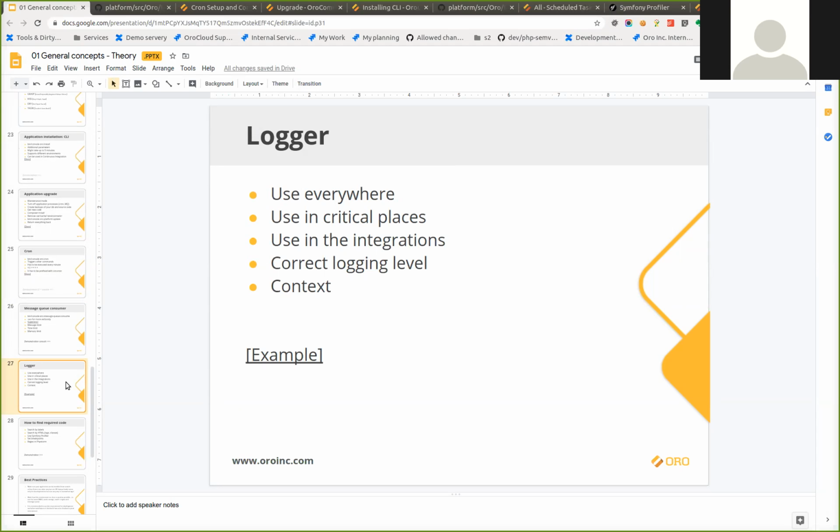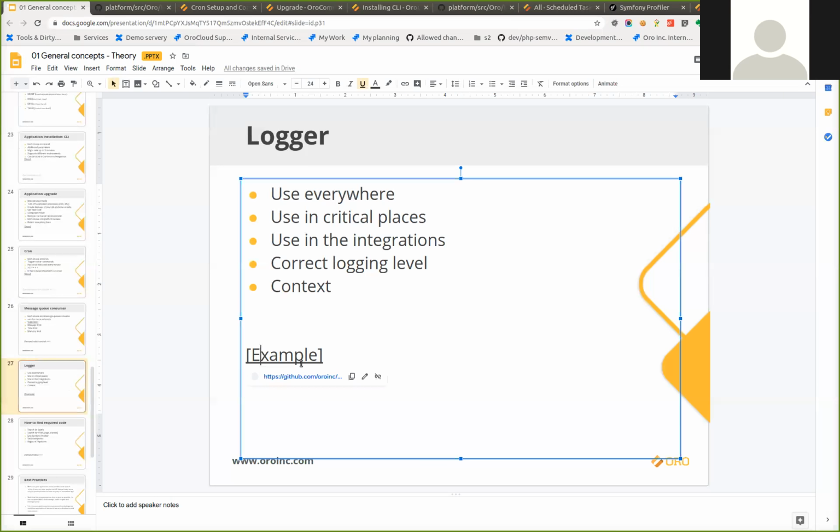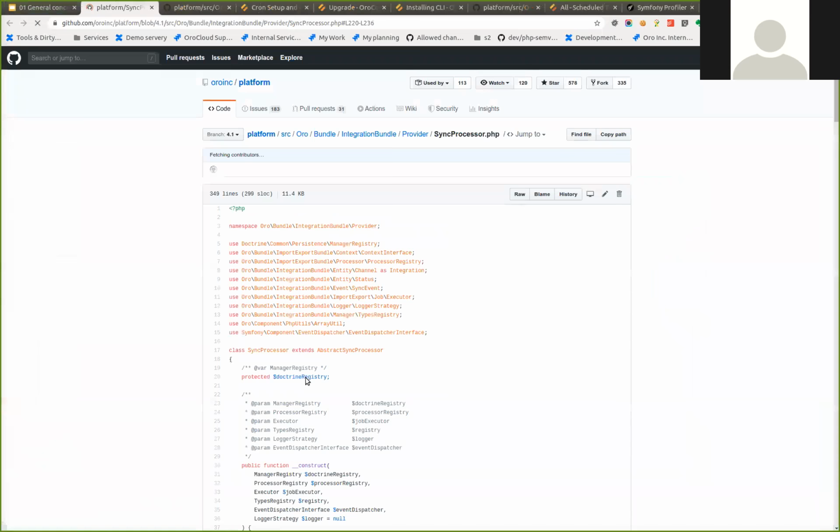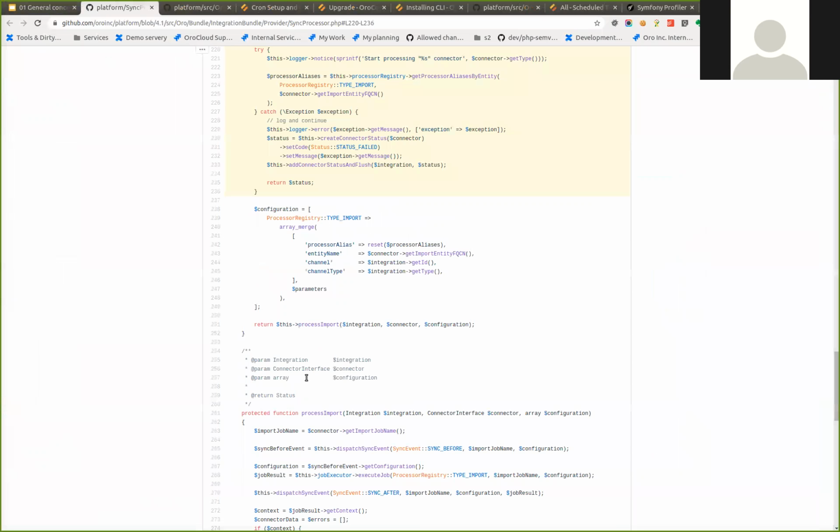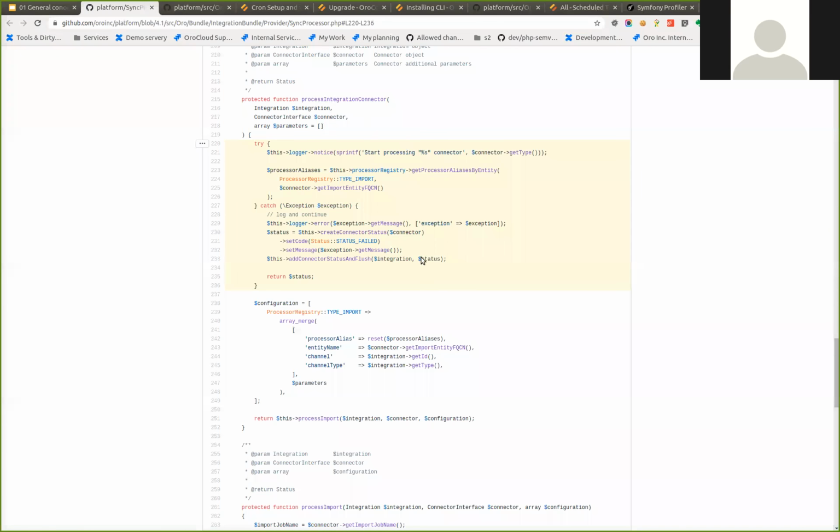And always the message should be short and the context should be rich, okay? So we just have a short message about what failed, and then in the context, we should add additional information about the exception. So we can catch them on a few levels. For example, here we can catch them and do very verbose logging, but we can also catch the execution of this method and log something less verbose, for example, with the critical level. Okay, so